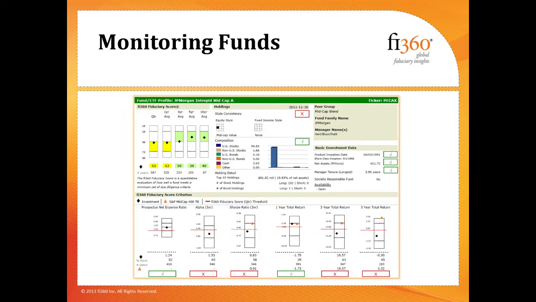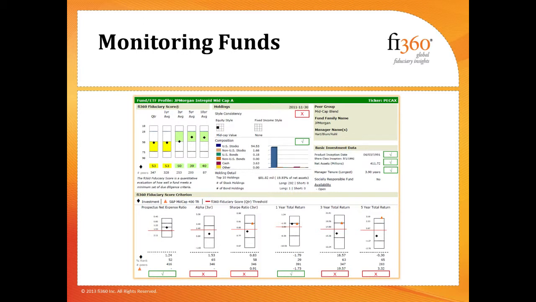Now, if you're looking for more detail behind that score itself and you're going through the monitoring process, you may want to consider running something like the investment profile report. This will go into more detail about the fi360 fiduciary score. You'll see that the score includes style consistency, composition, inception, net assets, manager tenure. Those are all located in the top portion. And then the 6 on the bottom will include net expense ratio, alpha, Sharpe, 1-year total return, 3-year total return,